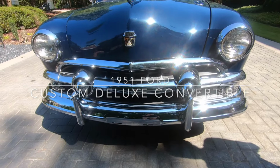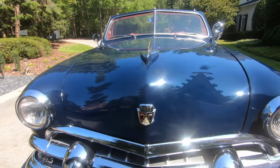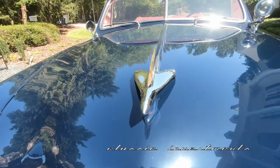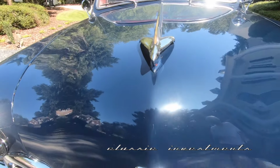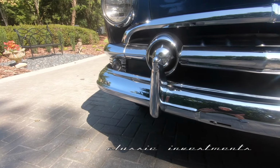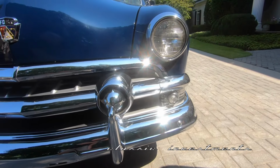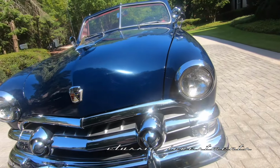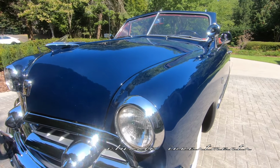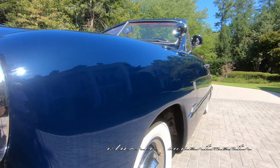Introduce you to Orchid, my 1951 Custom Deluxe Ford convertible. In my opinion, Orchid is one of the finest '51 Custom Deluxe convertibles available in the country. She underwent a frame-off, ground-up, every nut and bolt restoration, and has won everything there is to win. She is